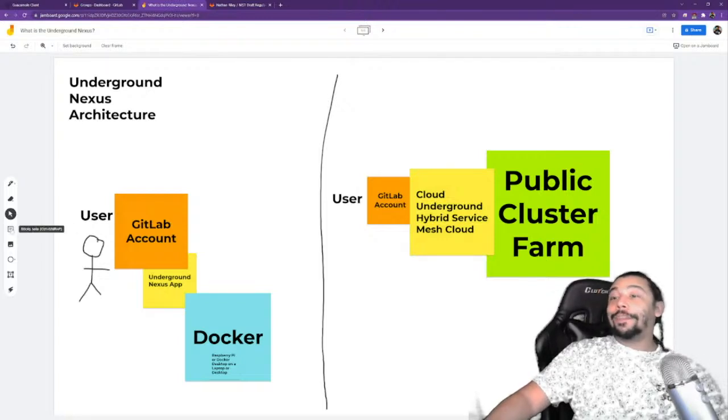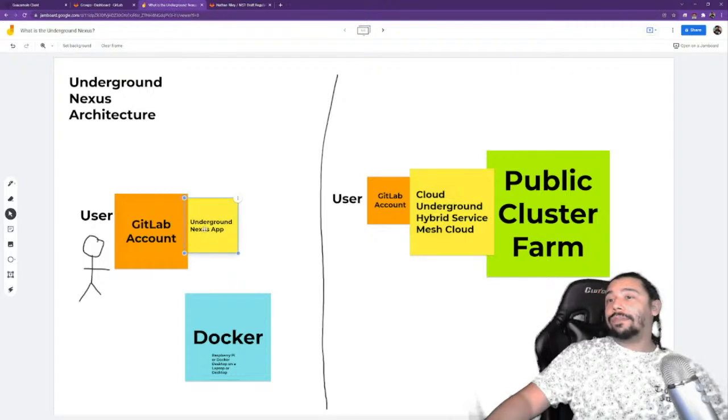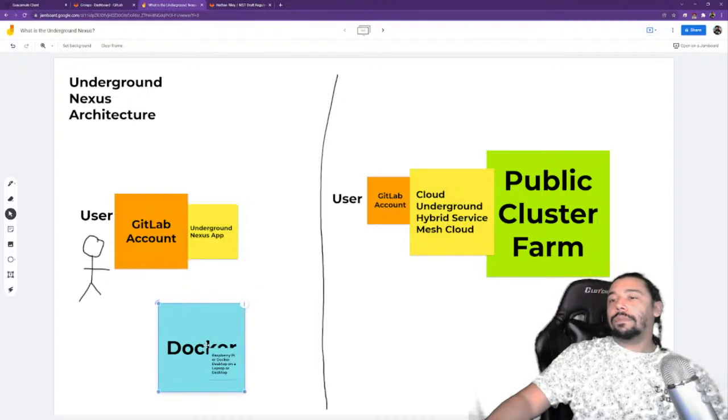And then from here, if I were to arrange this right here, where this Docker is the user's computer.